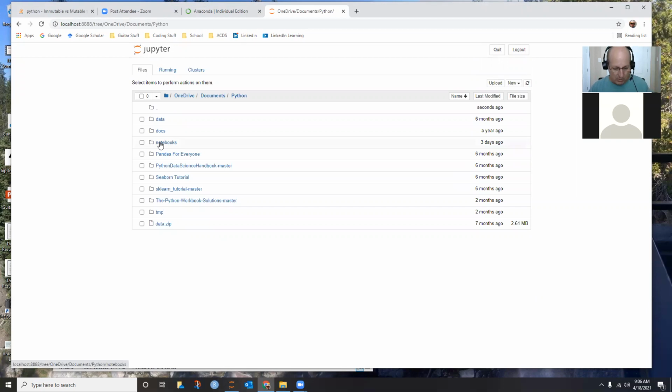But I learned Python a couple years ago in a college class, and that instructor liked to use this directory structure where notebooks are your Python code. That's where you'll be typing in commands and making it do stuff. But as you get into Python and learn a little bit more about it, you will be using data files, and it's good to keep them separately so it doesn't get too cluttered. So I try and do that. So this is the directory structure I use, but I go into notebooks, and